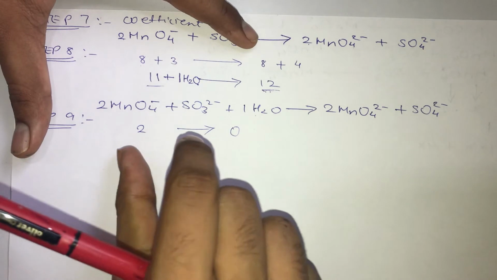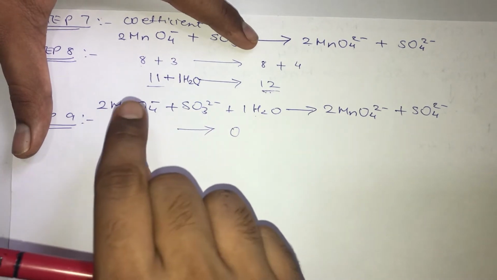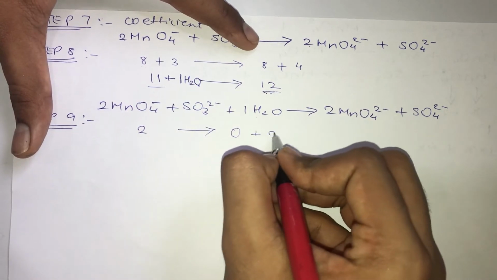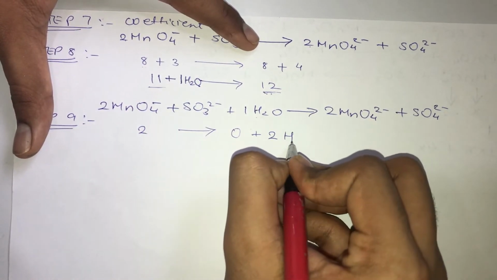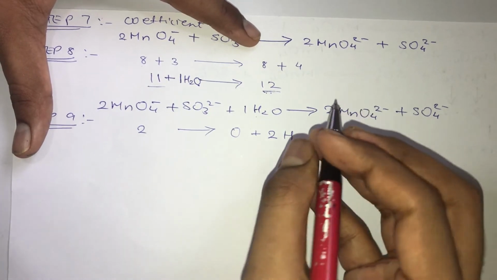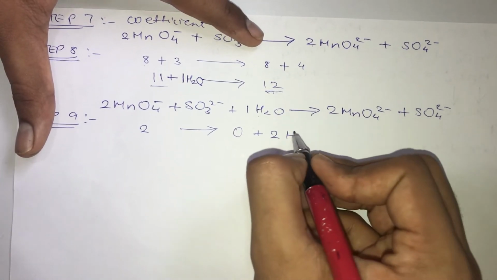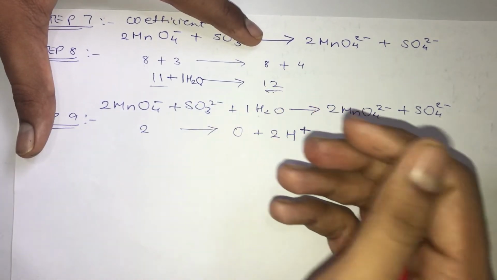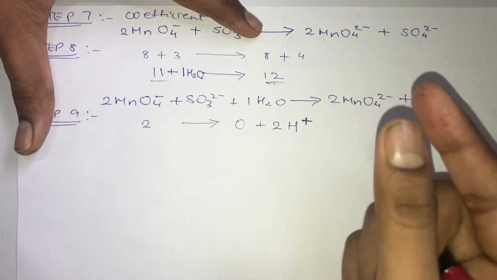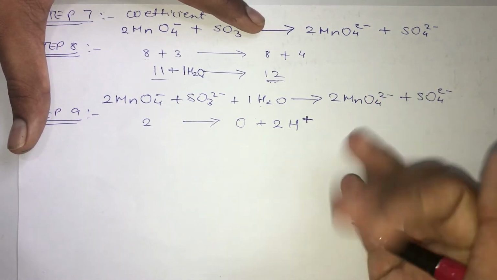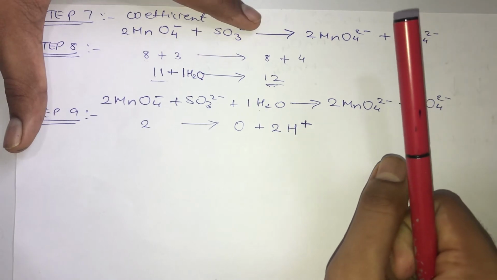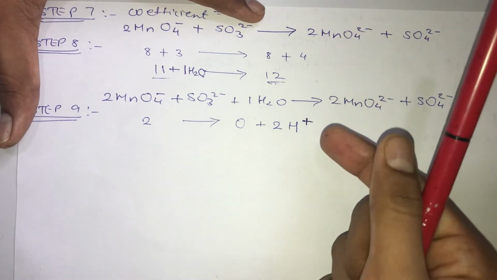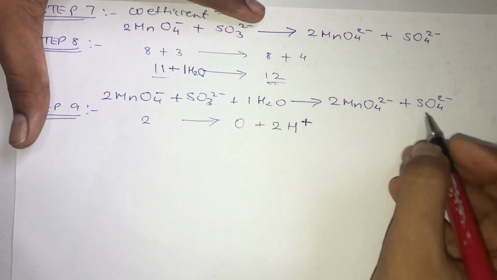Now you need to equalize the hydrogen atoms on the left hand side as well as on the right hand side. So here can I say that you require 2 hydrogen atoms, but again you are not directly going to supply hydrogen atoms, but instead you are going to supply 2 H plus ions. You are not going to supply a neutral hydrogen atom, but an H plus ion. Now you might be wondering why we are supplying an H plus ion. So don't worry, we will understand that in the next step. So let's write this equation again.